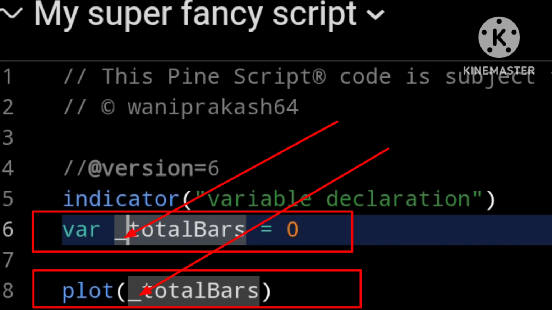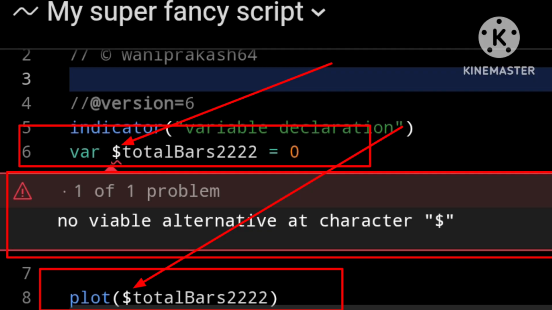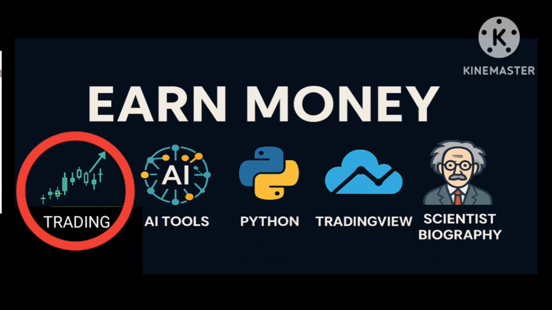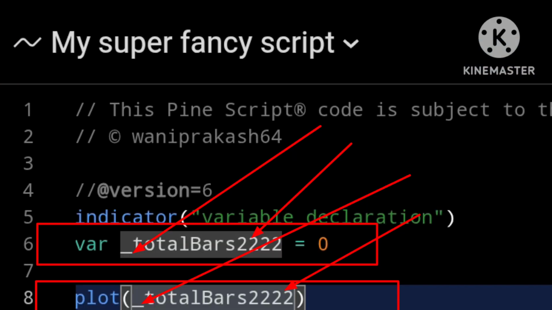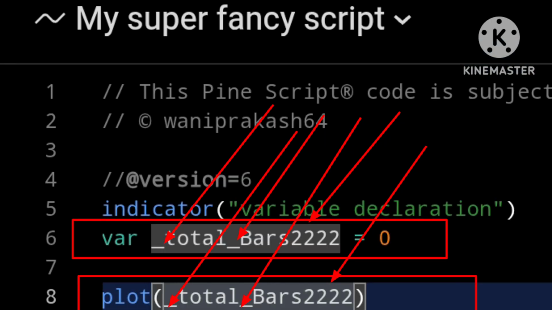You can have an underscore in front of your variable name, and that will be okay. You cannot use any other symbol, so we could not use a dollar sign for example. That will give us a compile error. So you can only use underscores and text to begin your variable name, and you can have numbers and underscores in your variable names, but that is as creative as you can get with your variable names. So that is important to keep in mind.